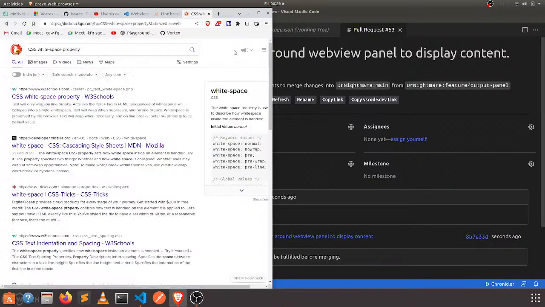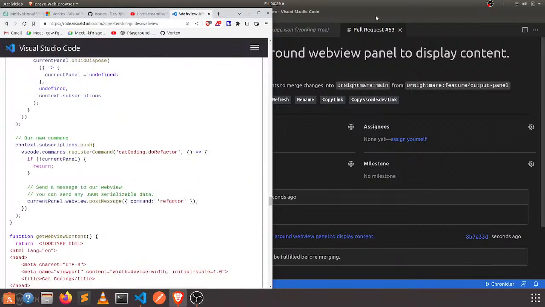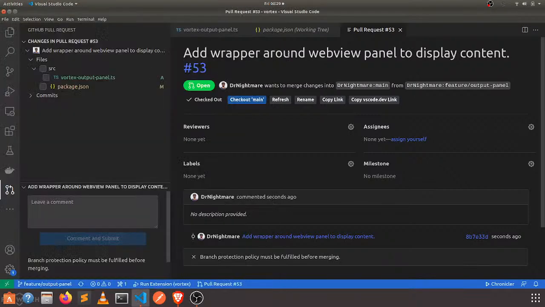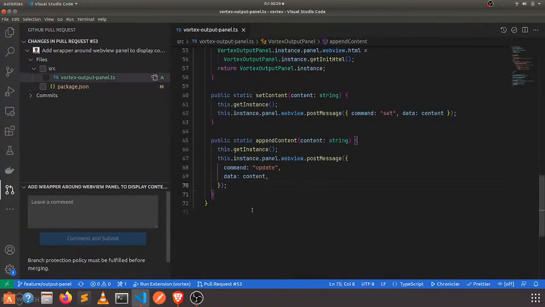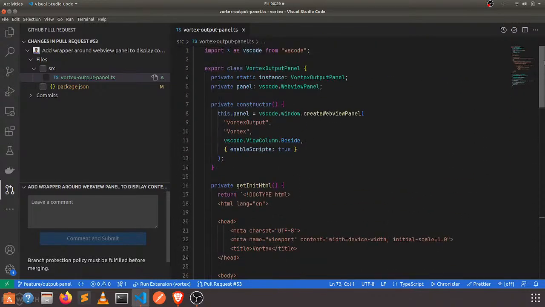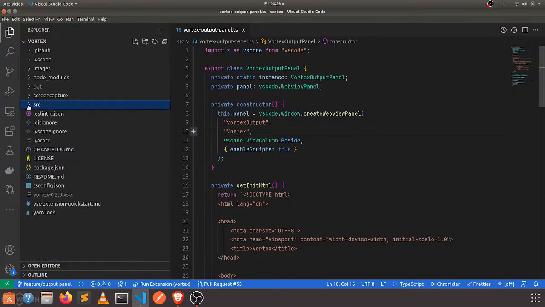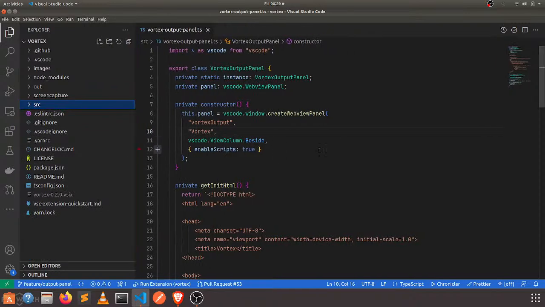Okay, so as I mentioned, now I have a clean setup where I can use my wrapper around the WebView panel to display content. I will be working on that in the next stream to format the output much better, and also possibly to start streaming responses from OpenAI. As I mentioned, I would need Node 18 installed for that. So I'll set about doing that right now. So hopefully in the next stream, that goes without any hiccups. So I'll be closing this